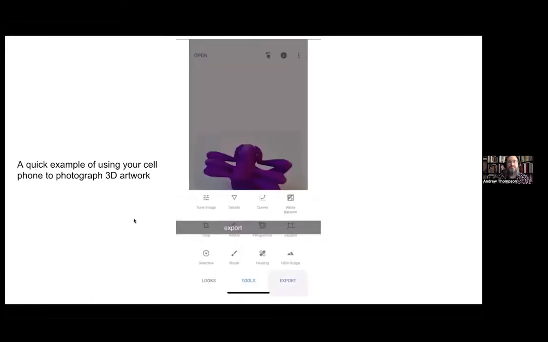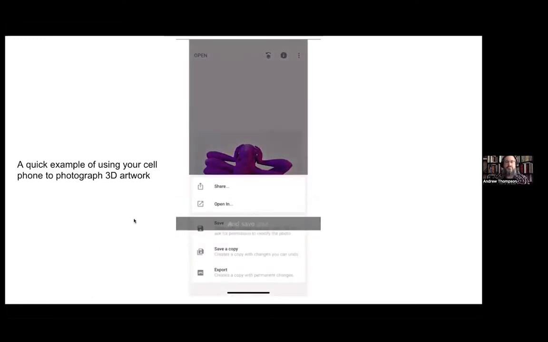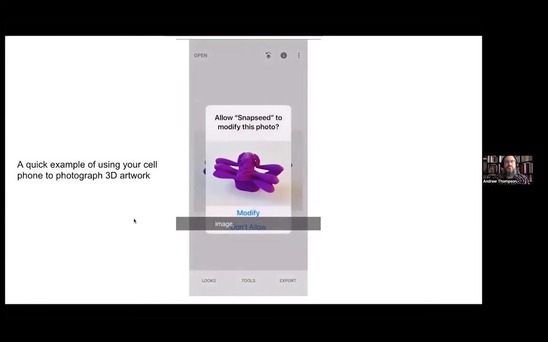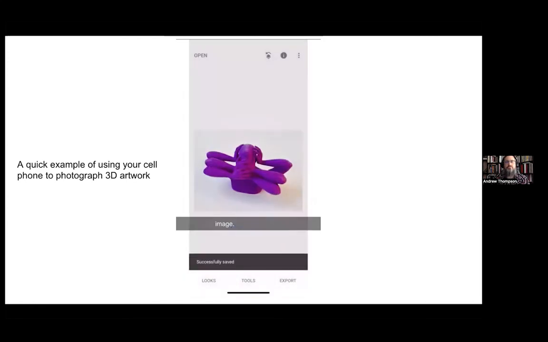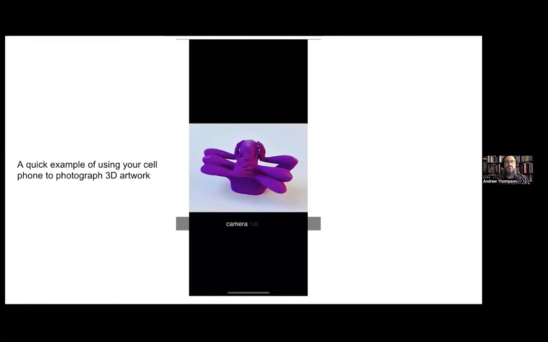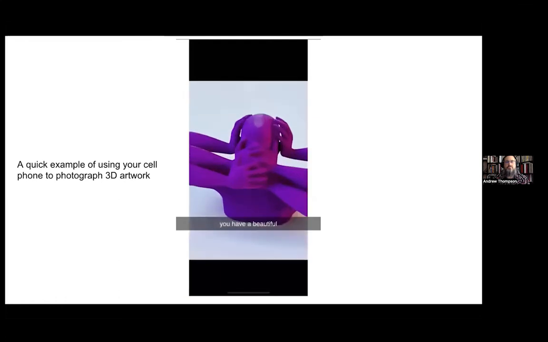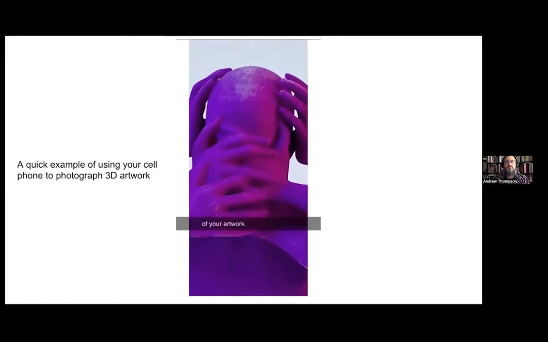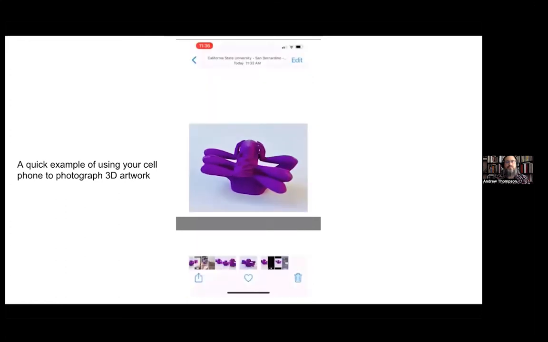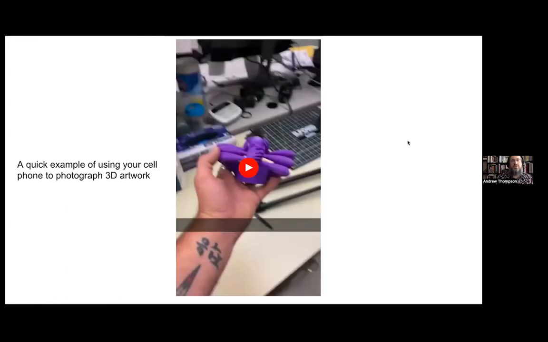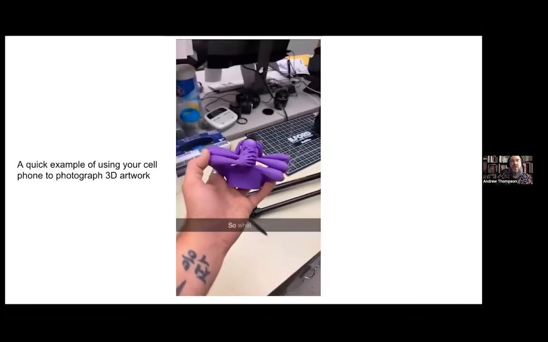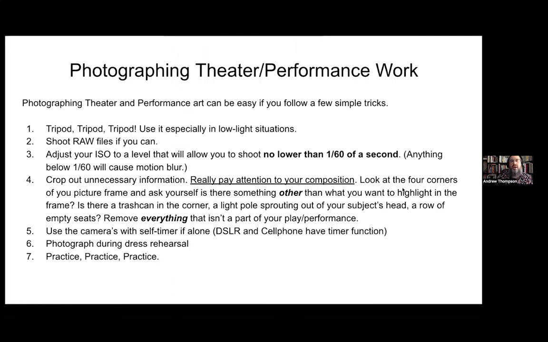Next, export and save your image. Go back to your camera roll and you have a beautiful rendition of your artwork. Congratulations. So that's fairly simple. This is like the simplest way to photograph your artwork. It's really just a matter of minding a couple things. Okay, now